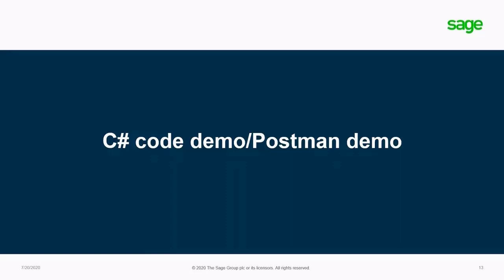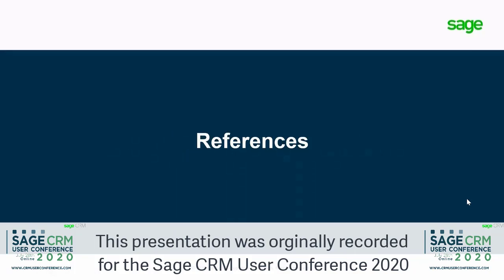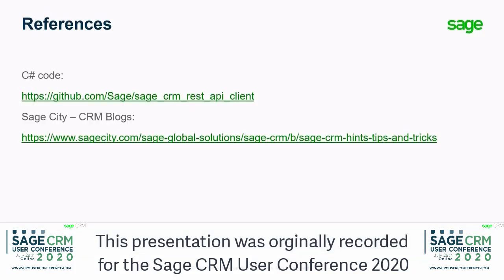So that is it for my small demo on Postman and my C# code demo. Next up, we'll look at the references, and this C# code will be put up on the Sage GitHub under this address,